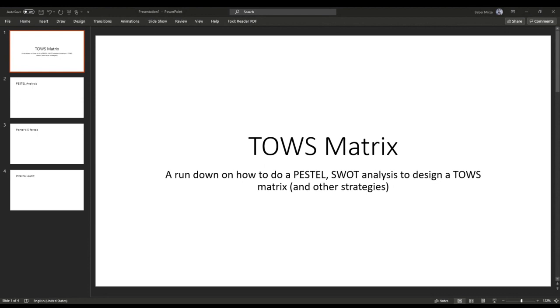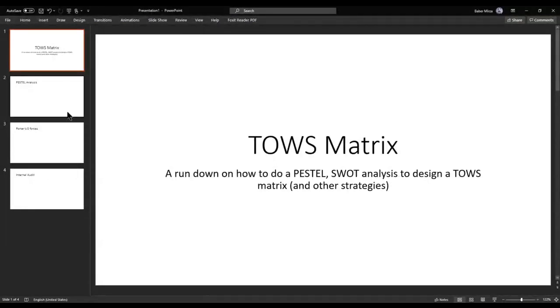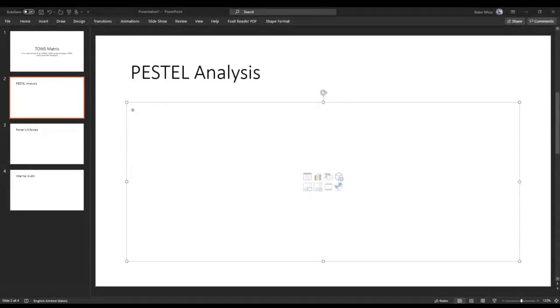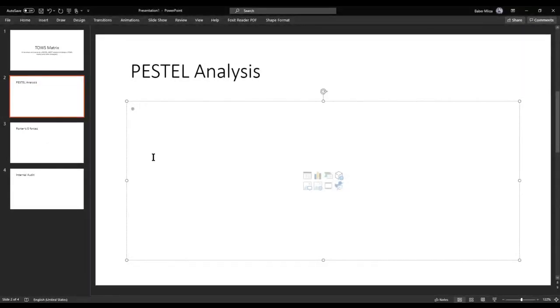Okay, so today I'm going to start by teaching you guys something called tools matrix analysis. Okay, so let's start with PESTEL. And you guys already know a bit about this. We have studied throughout the whole course mostly about what we call PESTEL. PESTEL stands for, if anyone doesn't know, politics,